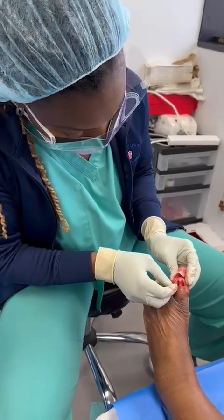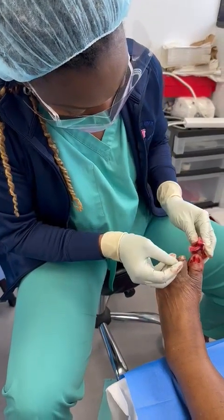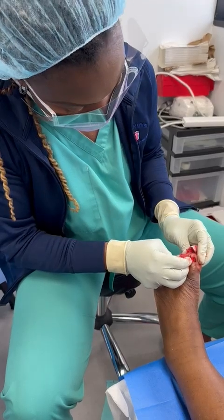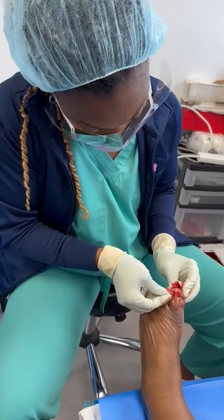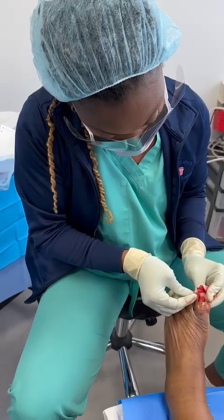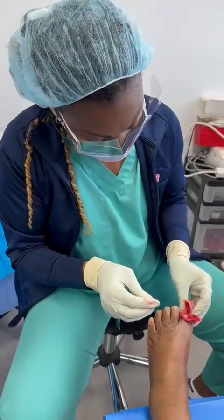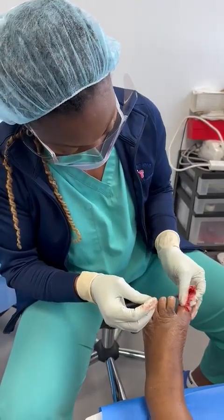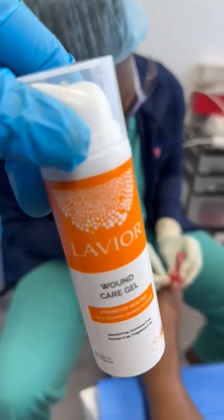Ingrown toenail procedure obviously is very common for podiatrists to do. But what's common is that we usually would just prescribe Silvadene or, like I said, an antibacterial, and not really pay attention to the fact that we need something that's antifungal. And it's also good for burns. This supercharged hydrogel, this is the Lavior Wound Gel that I've been using now for over a year, has really